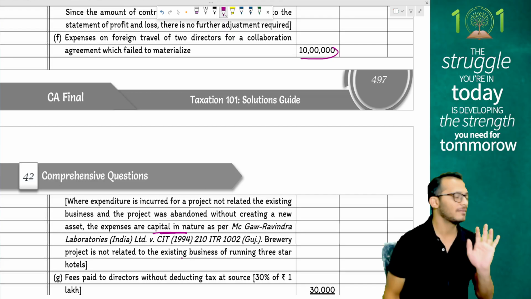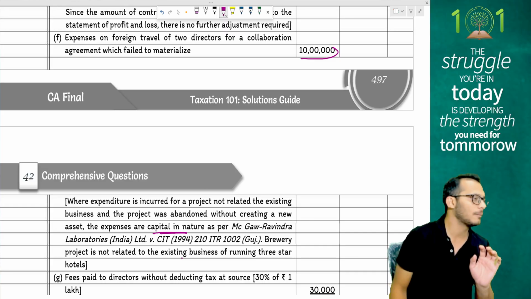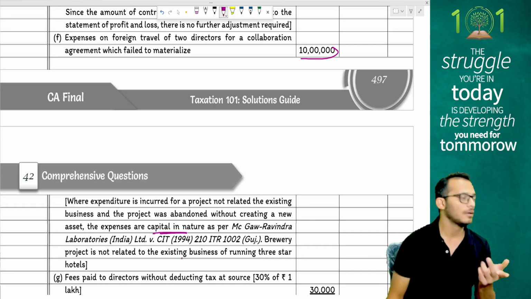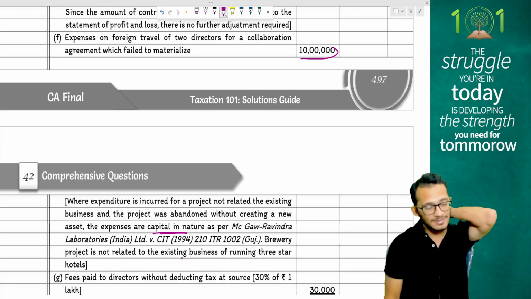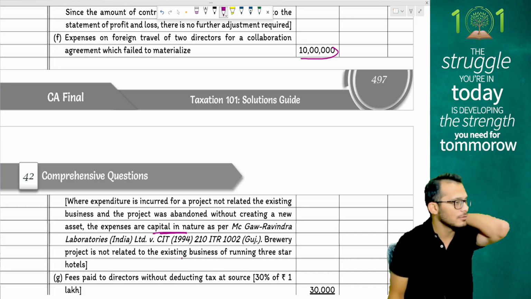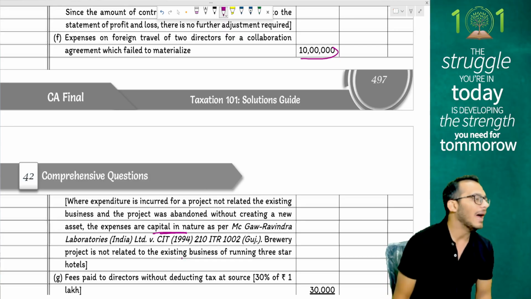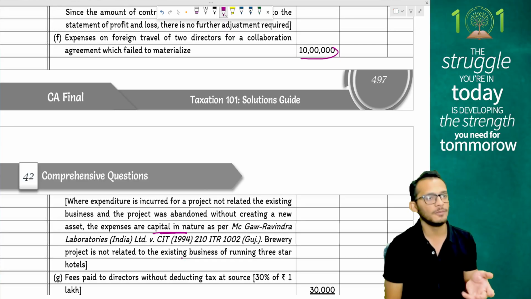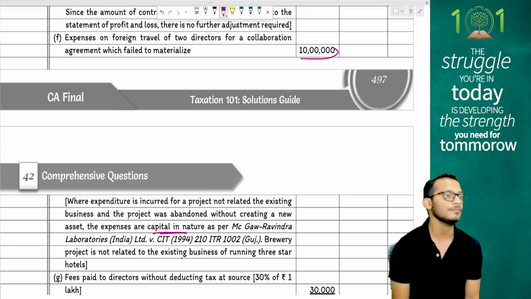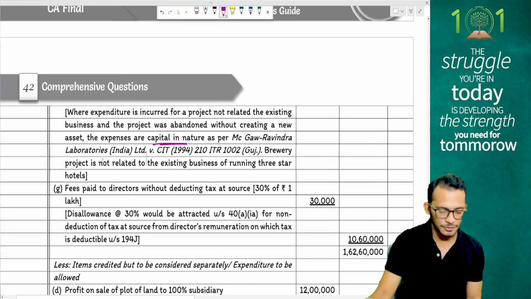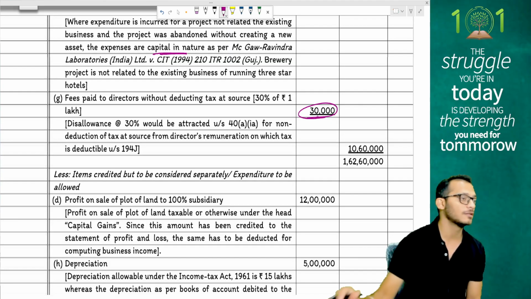Weird ways can be operated, but I'll give you this also, people, that in exam, sometimes when things are as complex as possible, they will give you alternatives also, and alternatives would have PVR roadshow also. As such, this has never been notified, like I said earlier also, people. It has never been notified from a study material perspective, so make a choice. I would still feel, looking at the question, brewery project would be part of my hotels. Doesn't look like a different line of business. I would prefer to go for PVR roadshows.